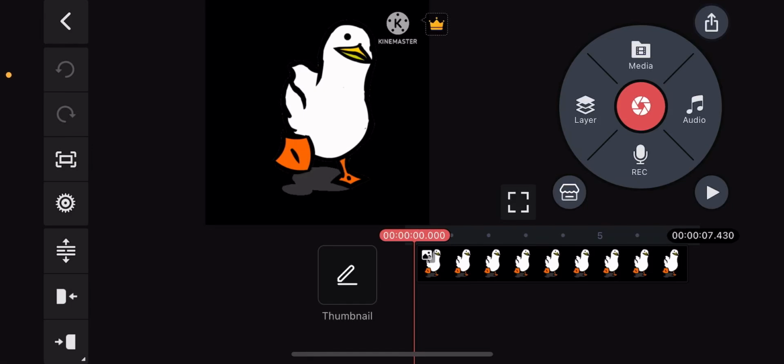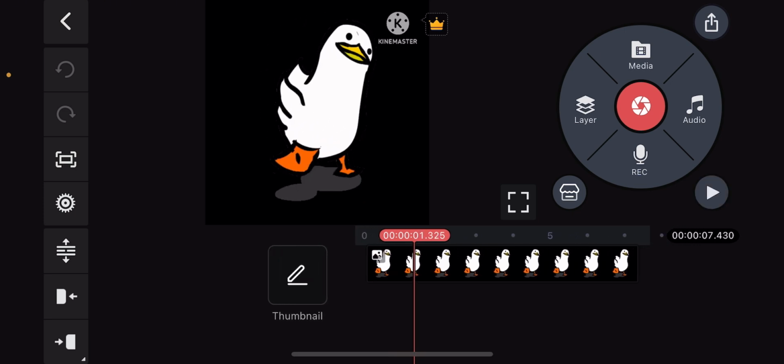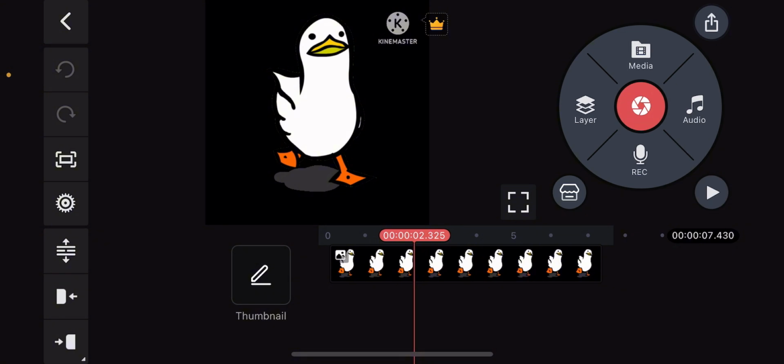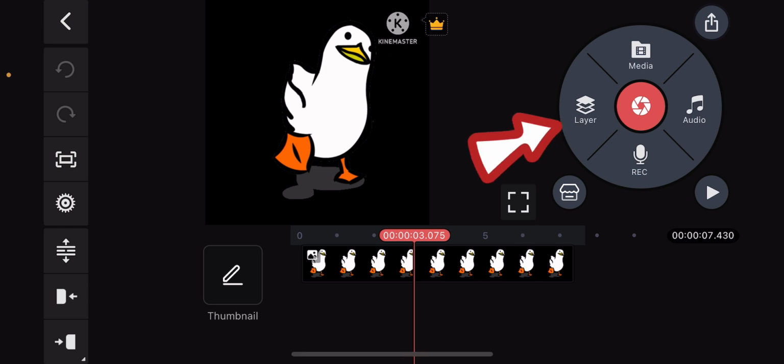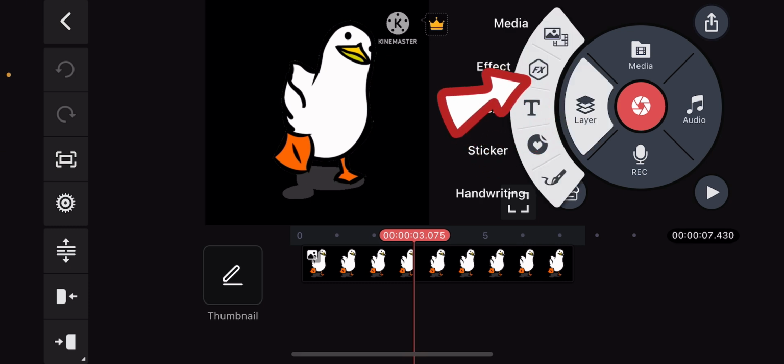Hey guys, this is how to add the shake effect in Kinemaster. So I have a GIF open here for demonstration and I want to add the shake effect for it, maybe in the middle. So what I'm going to need to do is just scroll to the point where I want to add the shake effect and then click on layers, then click on effect,